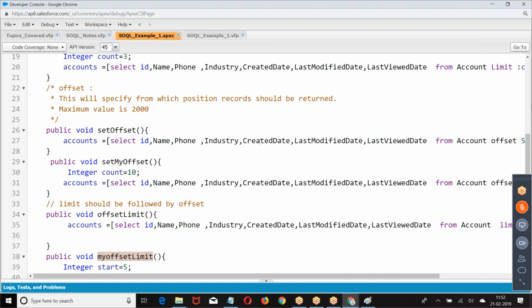Write a SQL query to fetch 10 opportunities from 5th position.